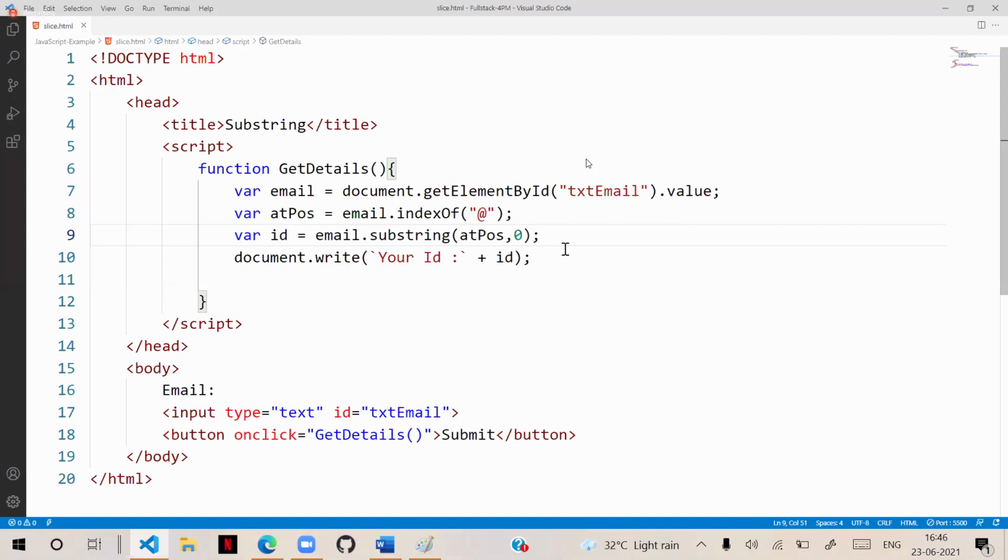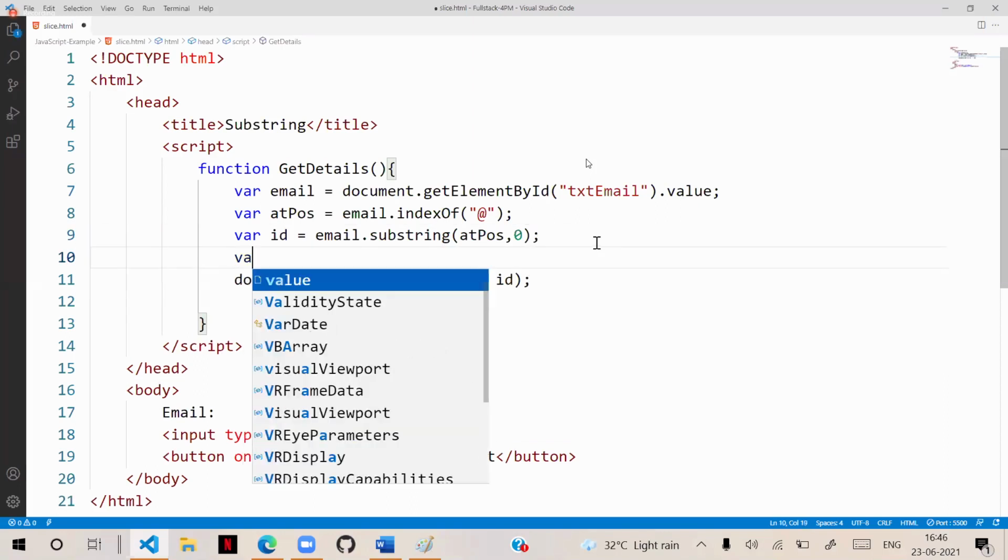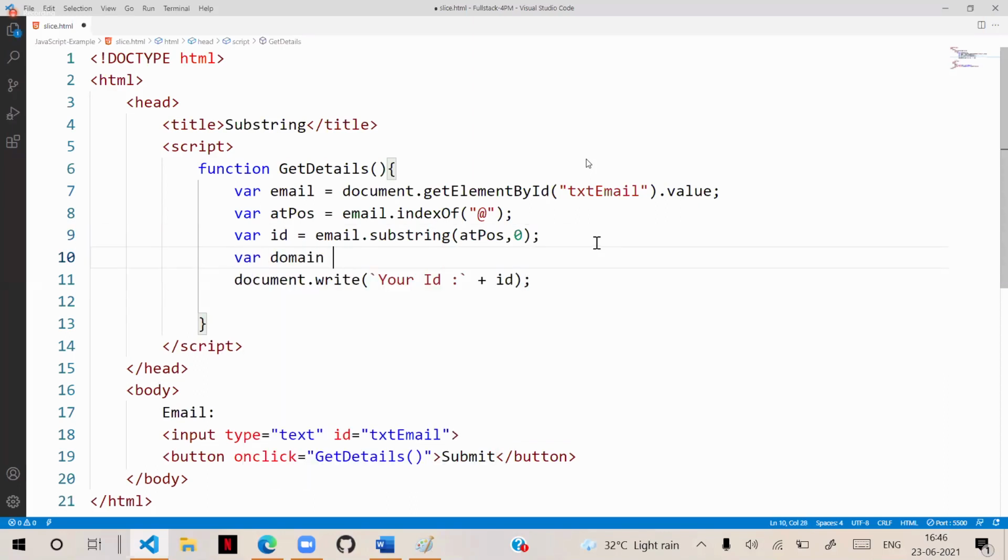So generally, to access and define the domain name, you can write like this: where domain is equal to